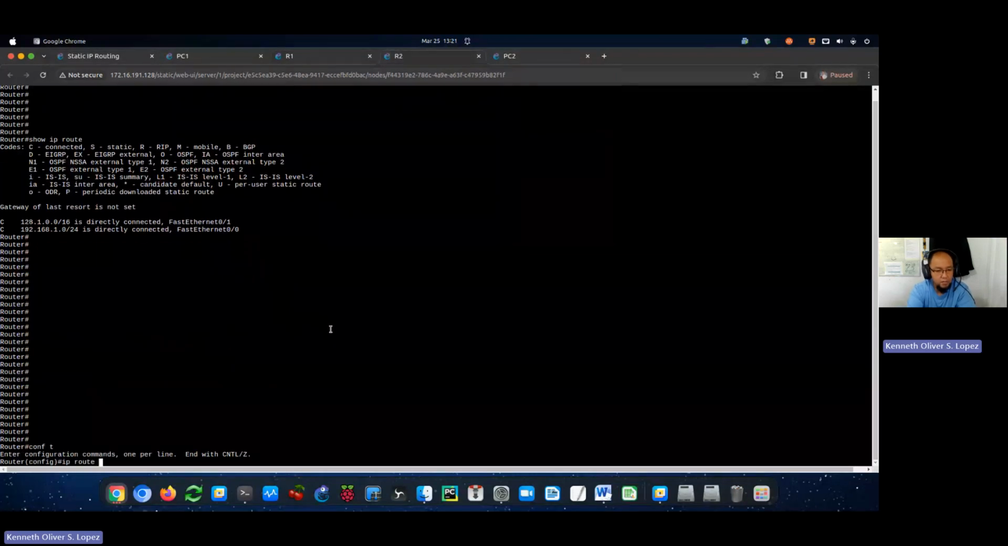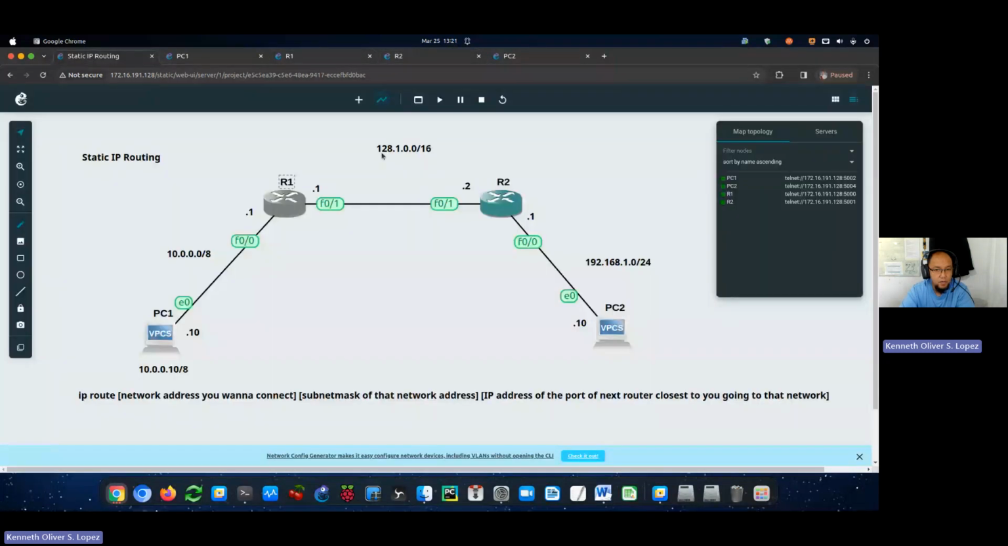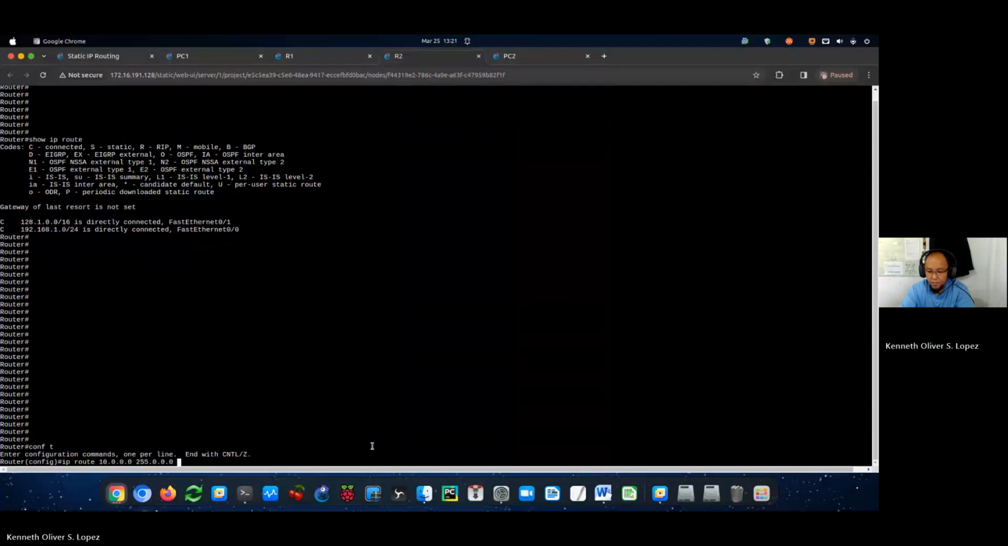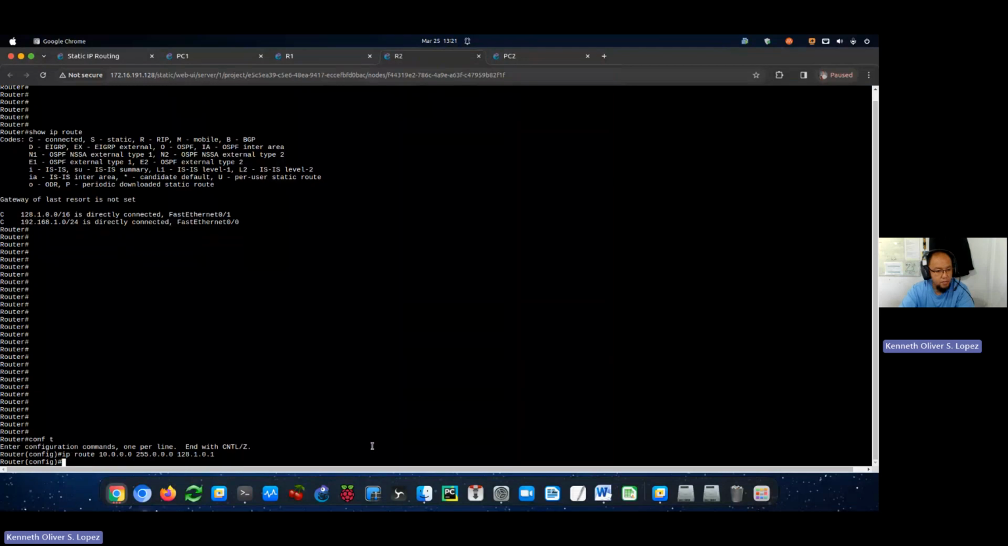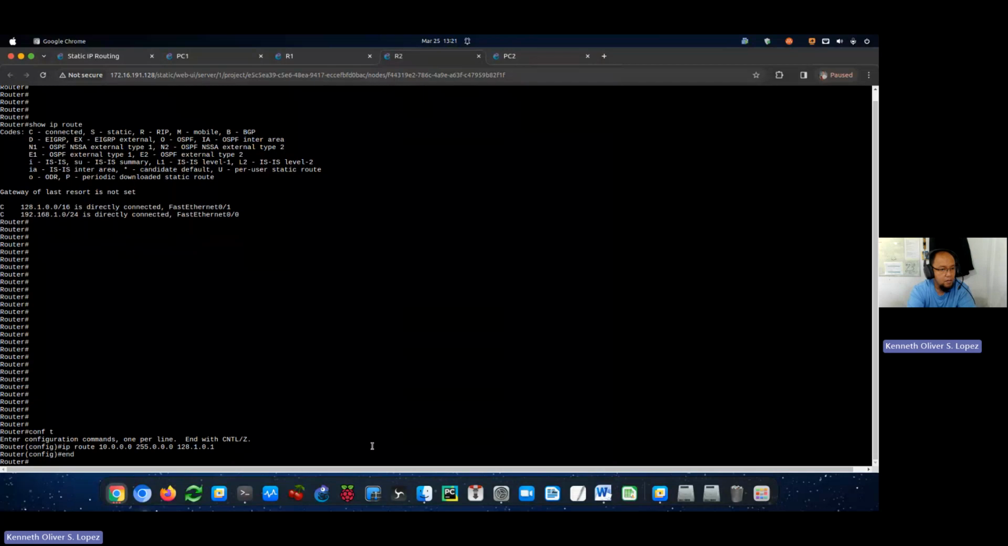Conf t, ip route 10.0.0.0 network. Subnet mask is 255.0.0.0. Saan ngayon siya dadaan? Dito kay R1, which is ang R1 is 128.1.0.1. Yun. Okay. Now, let's